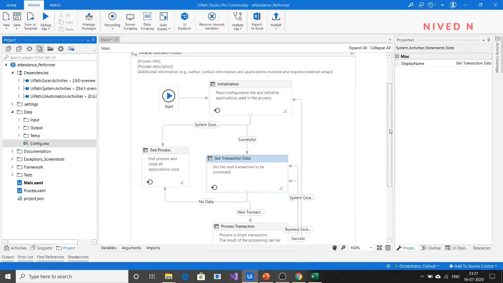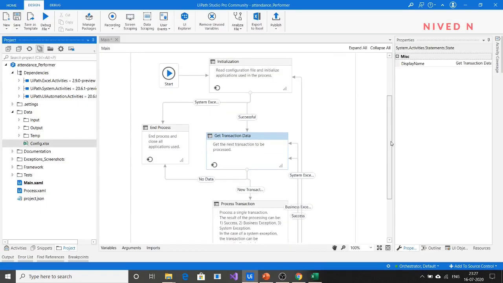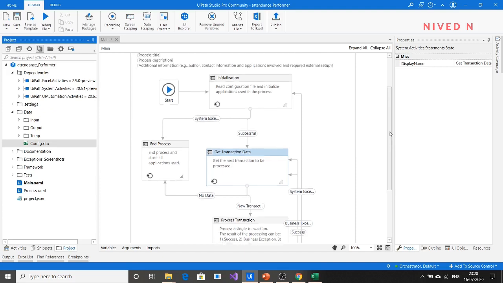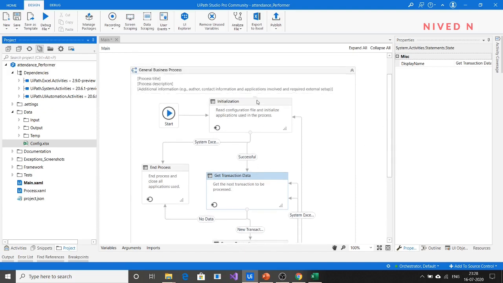Okay, so we have input all the data that is required in the config file section. So next we can go to each state. First check the initialization state. As we know, what we are doing here is taking the data from the queue and inputting the required data into the Excel after performing some calculations. So there is no requirement of opening an application or a browser in this automation process. So we can completely avoid the initialization state here.